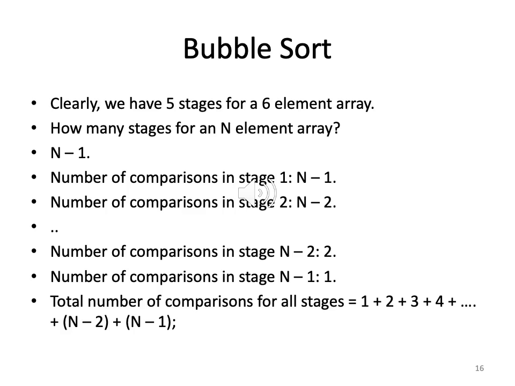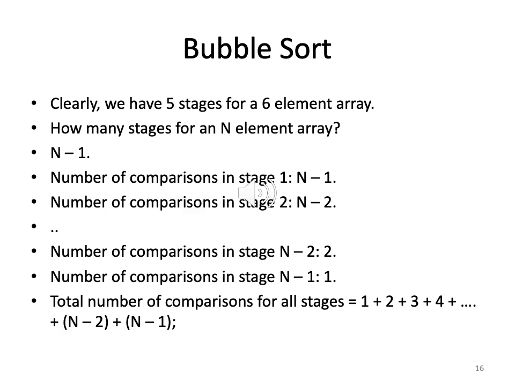5 comparisons we had, and we had 6 elements. So for stage 1, n minus 1 comparisons. Hope it's clear. Stage 2, how many? It's easy to see that it's 1 less than the previous stage. Because we have 1 less element to look at, the number of comparisons will be less by 1 also. So for 6 elements, we have 5 comparisons in stage 1. Now how many comparisons will we have in stage 2? 4. So likewise, generalizing, in stage 2 we have n minus 2 comparisons.